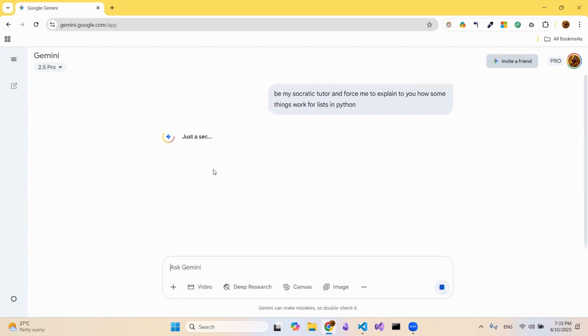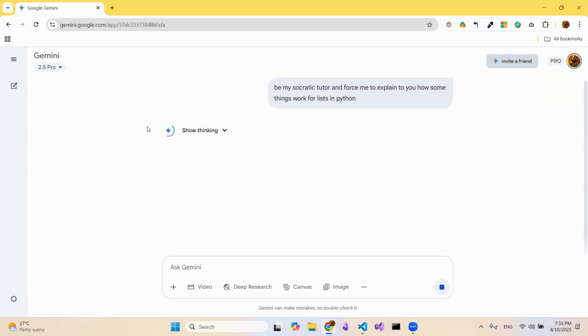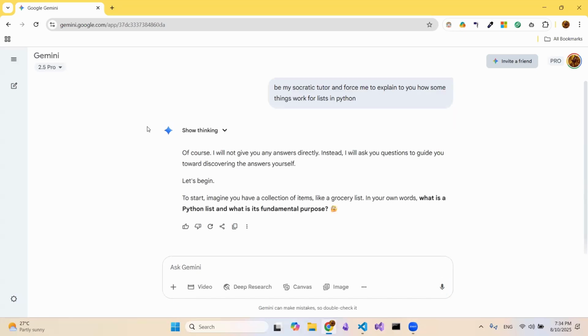And what this allows you to do is basically it forces you into a conversation with Gemini or ChatGPT or whoever, doesn't really matter who. And it comes up with questions for you, and you have to speak and explain it to them. And then they push back on you, they say, no, not quite, maybe adjust this, and so on. Like in this case, it starts with what is a Python list and what is its fundamental purpose? And let's just say it holds